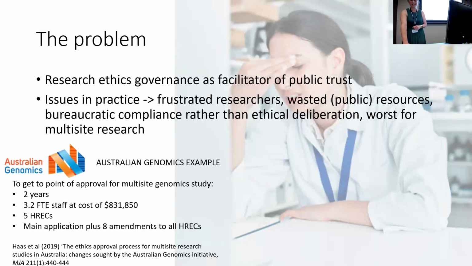There are more than 200 HRECs in Australia, and they all seem to apply the guidelines differently, and they sometimes apply additional requirements of somewhat uncertain origin. And this can make it really difficult for researchers to know how to go about designing their studies. And it causes particular issues for multi-site studies. As you can see from the Australian genomics example on the slide, inconsistencies both within and between HRECs can be immensely frustrating, wastes huge amounts of time and money, and may not even end up improving the quality of the resulting research.